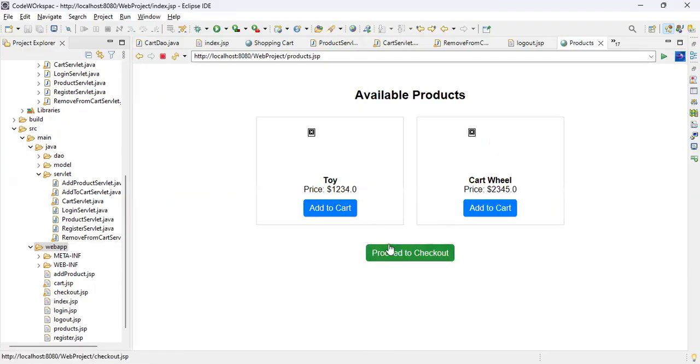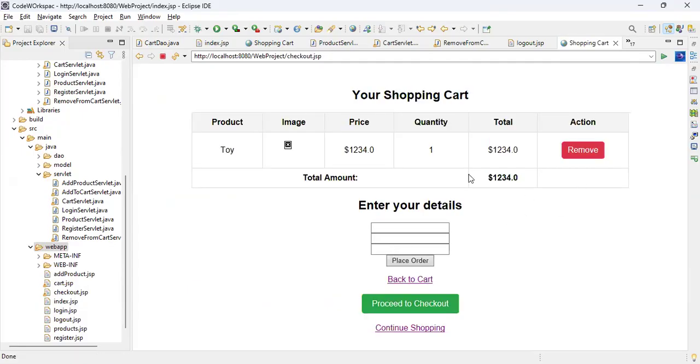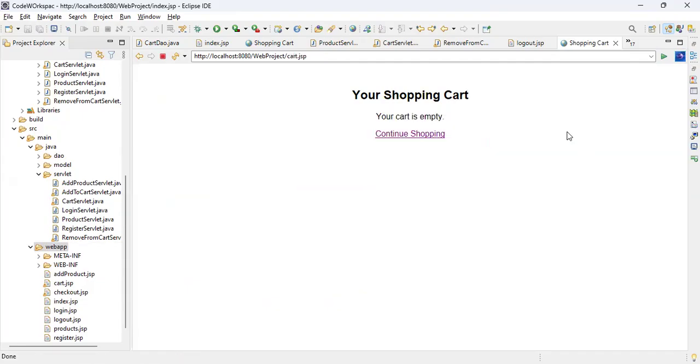Okay, add to cart, then proceed to checkout. Right. Then you can see this is the page which I'll have. There we can enter the detail. Okay, I forgot to enter the name and everything. No problem. Now I'll just go to proceed to checkout or continue shopping. All the options are available. But guys, the restriction is we don't have any logout option. Let me go with this remove. You can see now